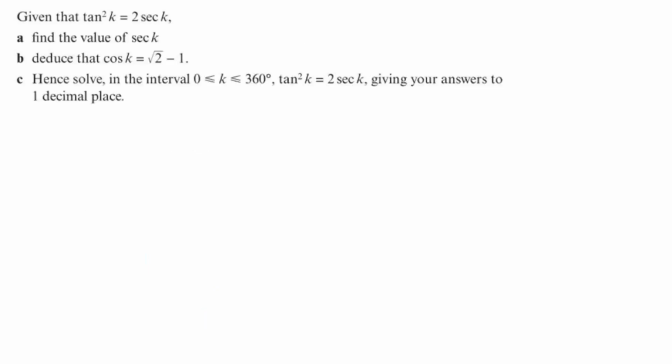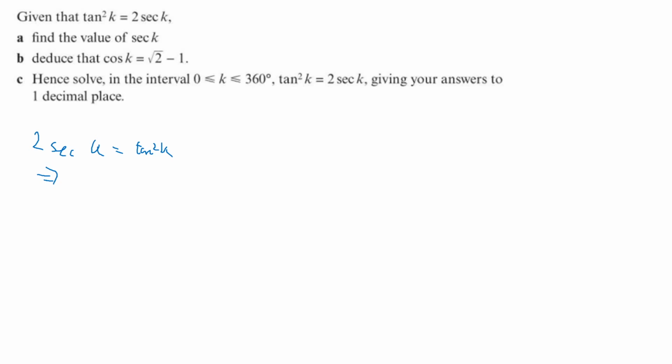Now let's look at something like this. Given that tan squared k is equal to 2 sec k, find the value of sec k. Well, we know first and foremost that 2 sec k is equal to tan squared k, which means that,